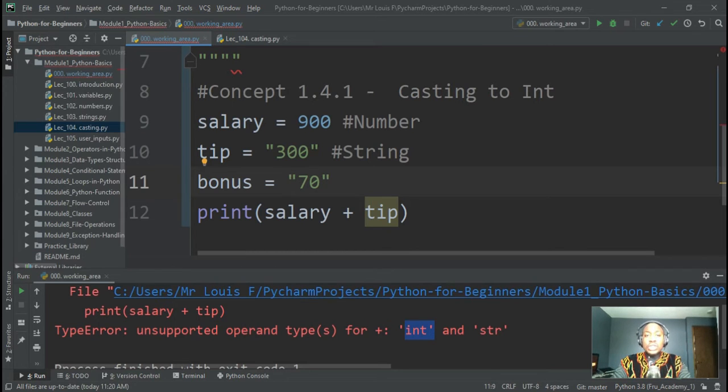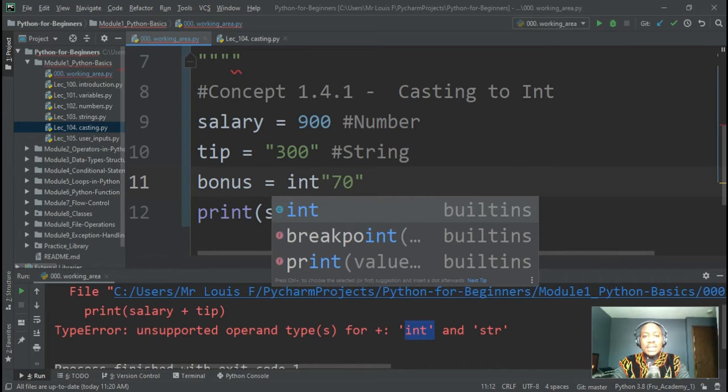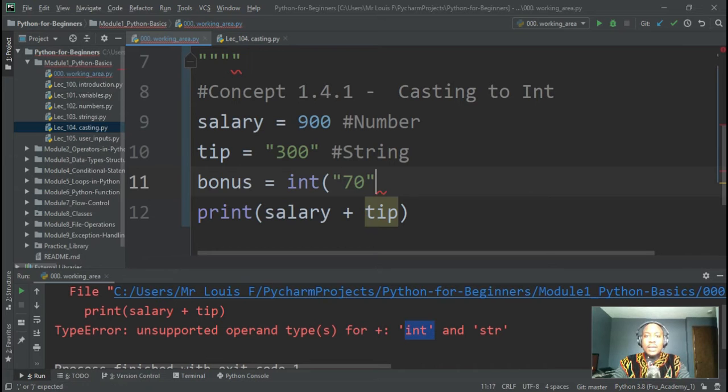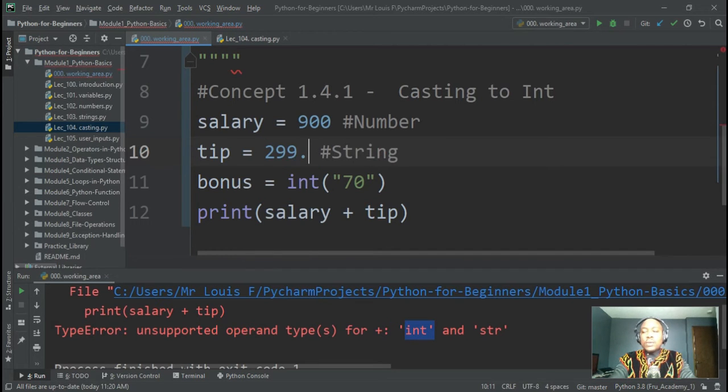So how do we change that into an integer? The way we do that is simply going in front and you say int, right? And you cover whatever string you have with it. All right, so this takes that string that we have in the middle, and it now forces this to become an integer. Very important. So here, let me change this for a second to match what we're doing. So 298, that's an integer. So here I can take a string and make it an integer,